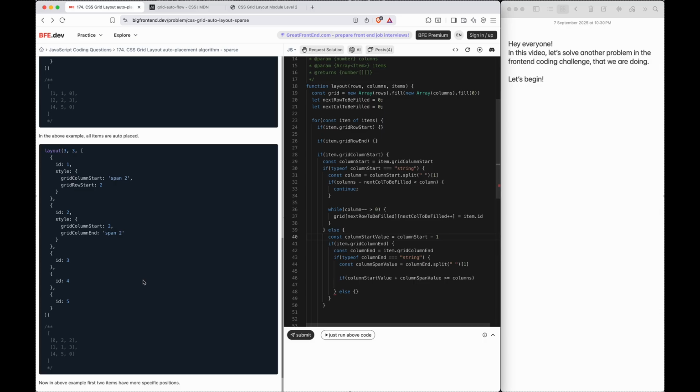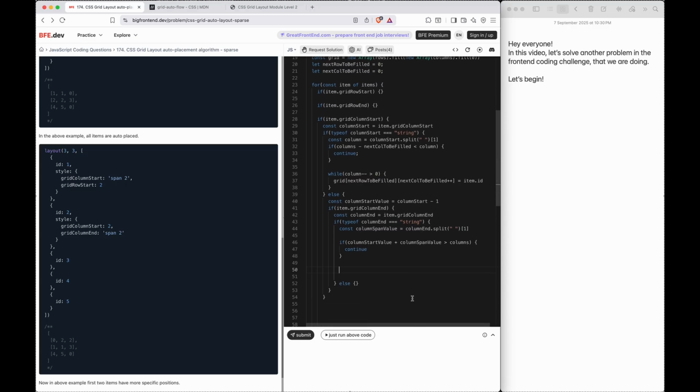So basically, suppose it's two columns and we need to expand it by 1, then 2 plus 1 is 3, and there are 3 columns, so that could be fine. So if it is greater, we will just skip this. Or if column